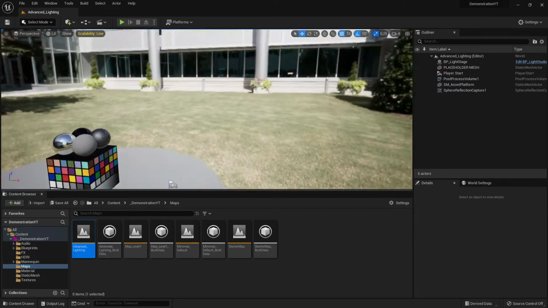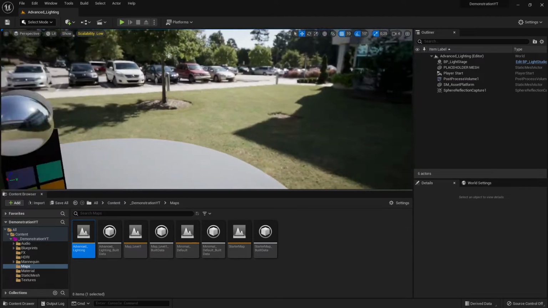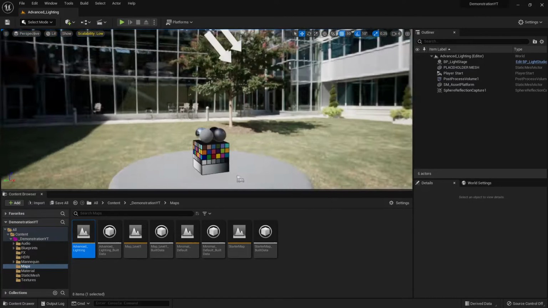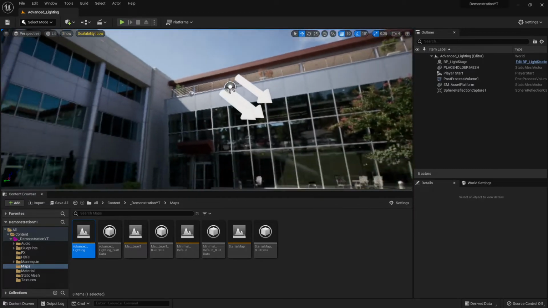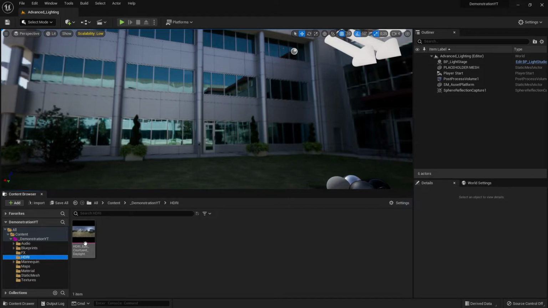When I click on it, you can see something here. In the last video we talked about the HDRI backdrop. In this case they used a similar thing. You can see here, let me show you, our HDRI